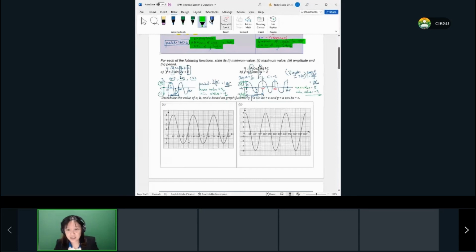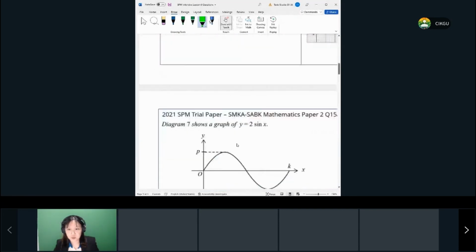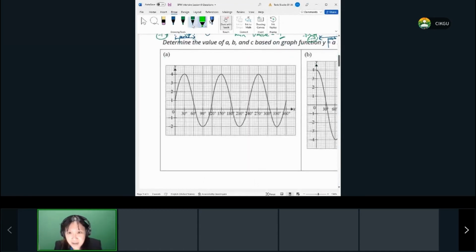Let's try to do the first one first. Let me zoom in. Oops, too far. Okay, here. One step at a time. First thing first, ask yourself, what type of graph is this? Because we always have to start from whether it is a sine, cosine, or tangent, right? So obviously,